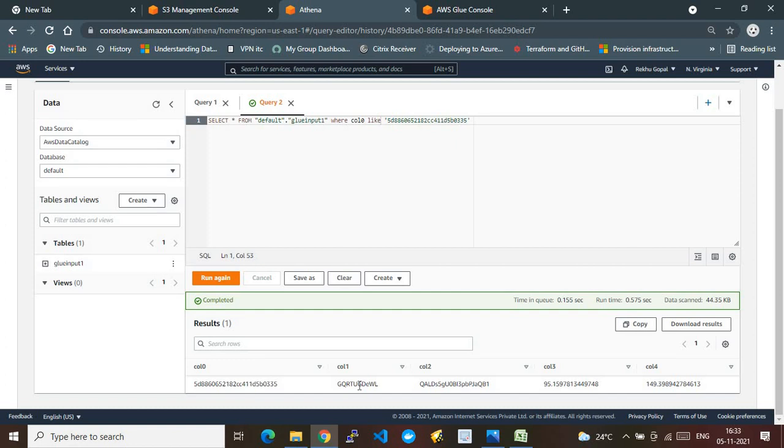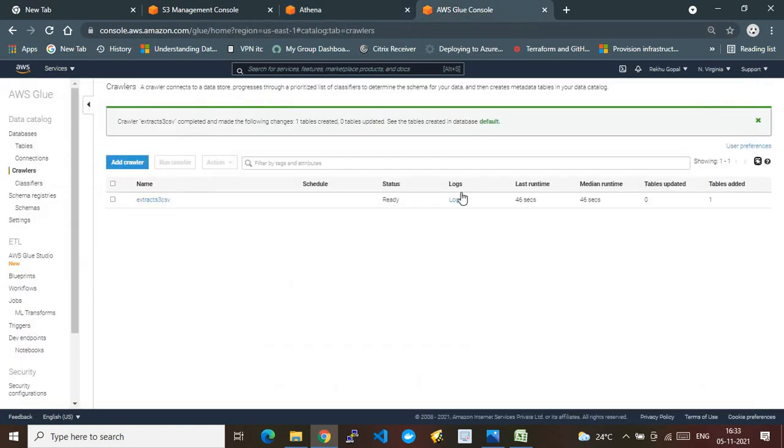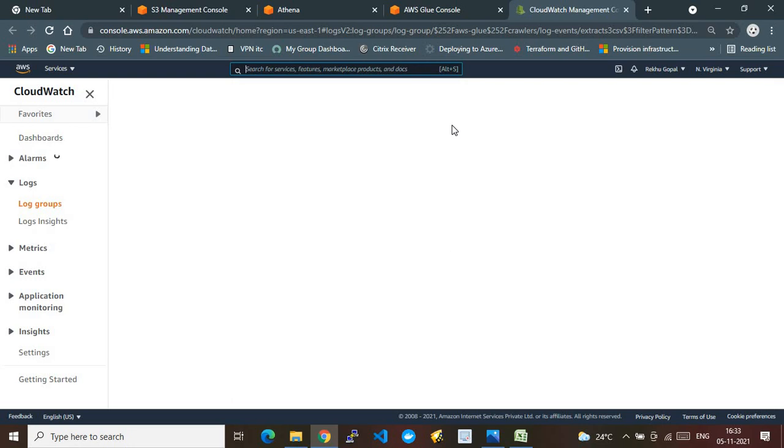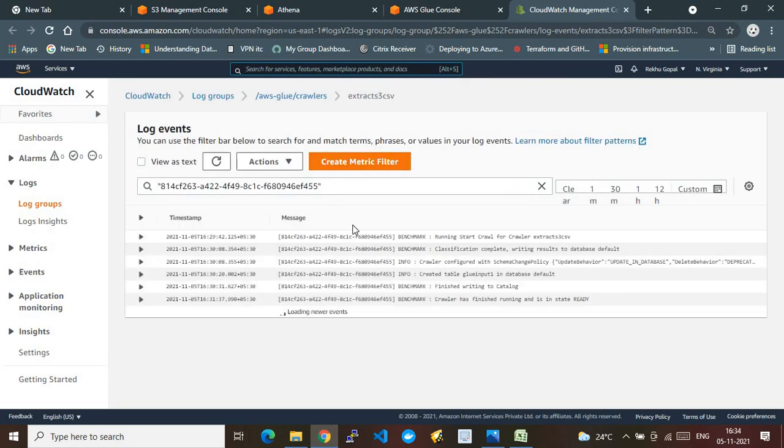That's the benefit AWS Glue and AWS Athena give to the business need, that is to run this kind of analytics on raw data in formats like CSV, JSON, etc. Finally, let me show you the status of this crawler service. So it looks steady, right? In the sense it has previously run. If I go to the logs, we can also see the logs. I'm showing you all this so that you become familiar with how the Glue crawler service works, how the Athena service works, and how the data pumped into the AWS S3 bucket looks. These are the logs that you can look into.